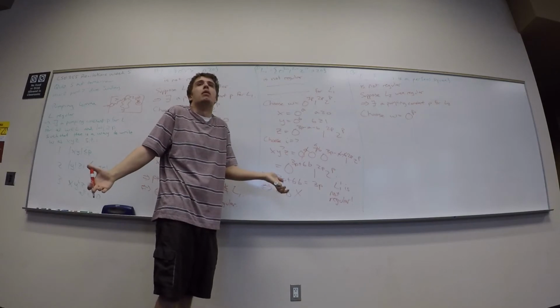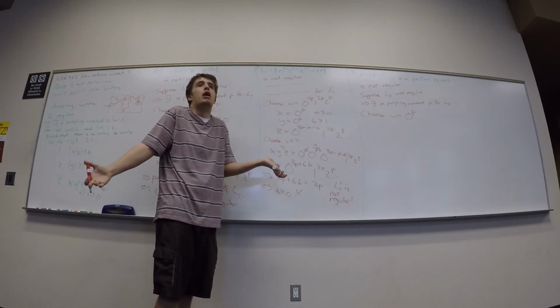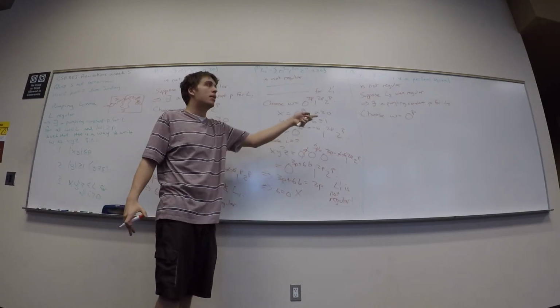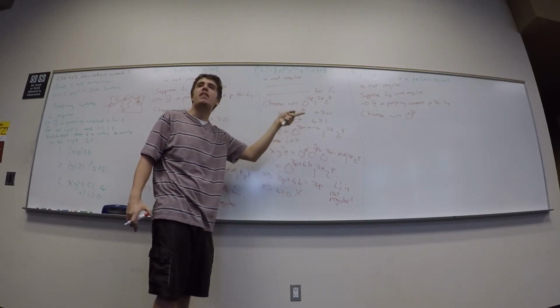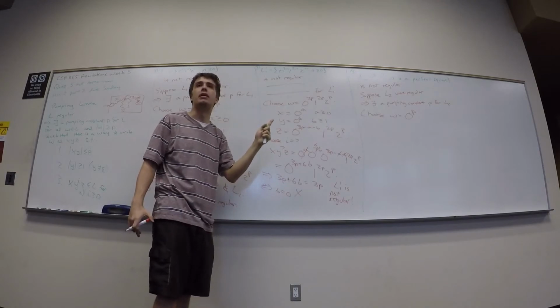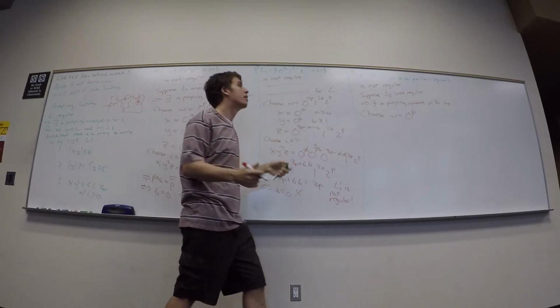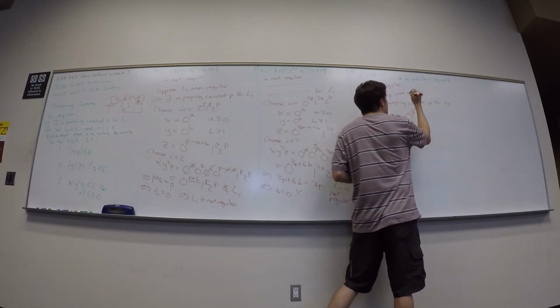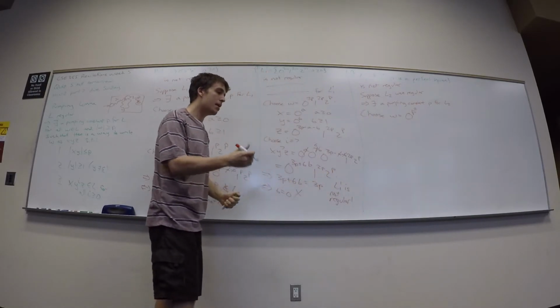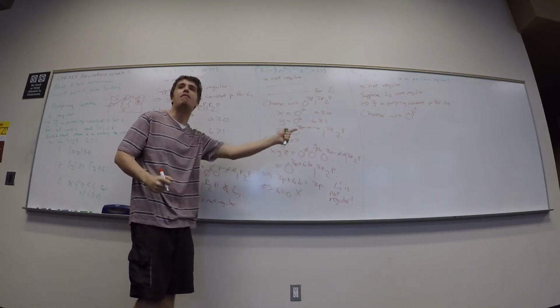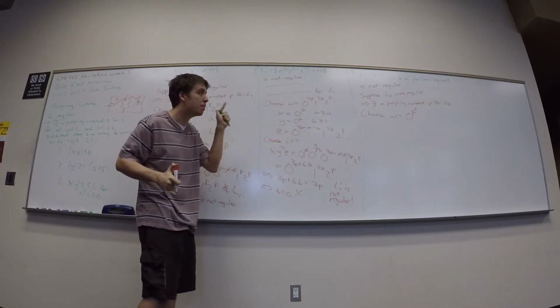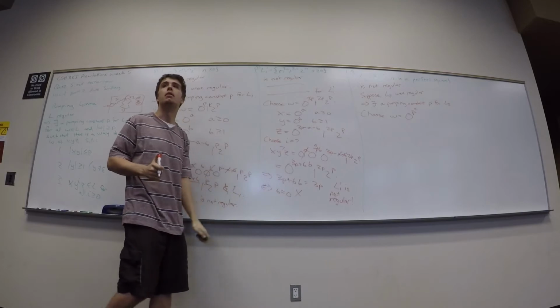It may be a perfect square. It might not be. I don't know. I can't guarantee that it's in the language. Is there a way I can modify that so I can guarantee for sure it is? p squared, right? If I force it to be p squared, then p is an integer, so p squared must be a perfect square, and they're all zeros. So therefore, this must be in the language. Okay?